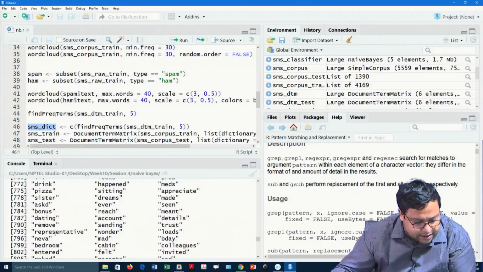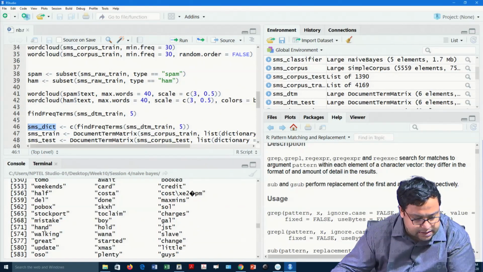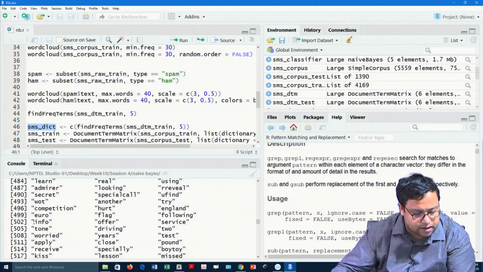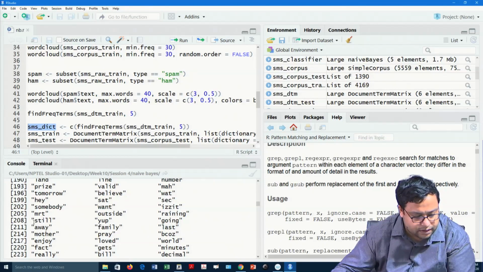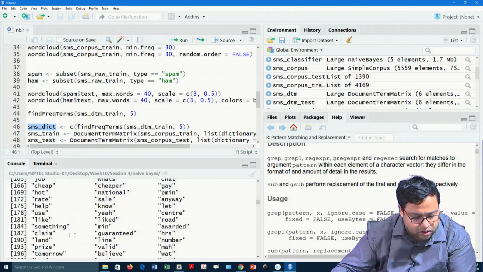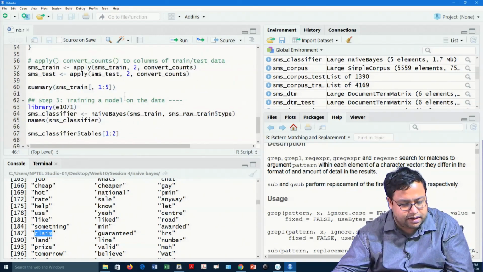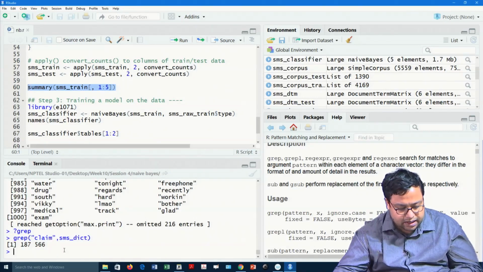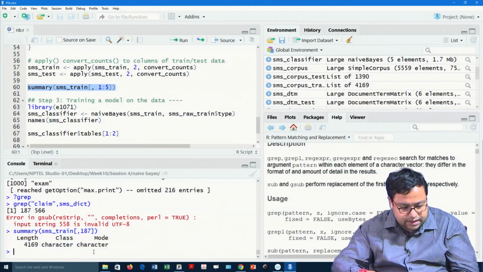If I check 566, it is "claim to claim". That is not so important a word, but 187 is the word called claim. So, I will check this particular table I created for word number 187. Let us see, and then you will understand why I am saying this. So, if I write 187, this is the claim word,